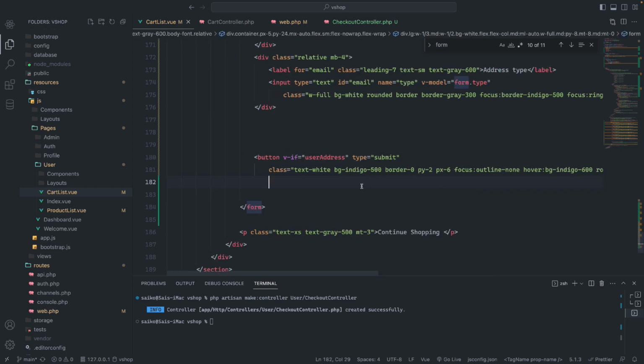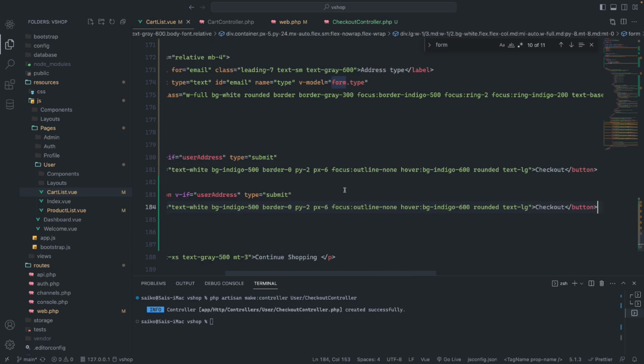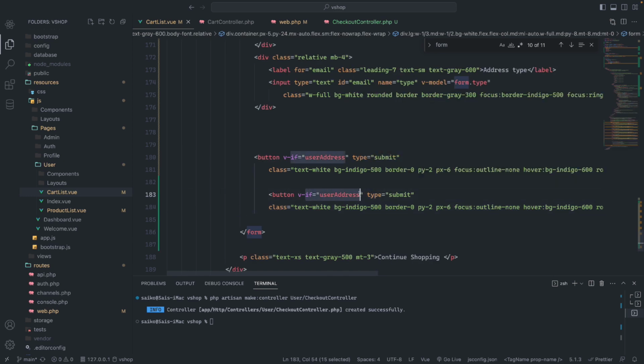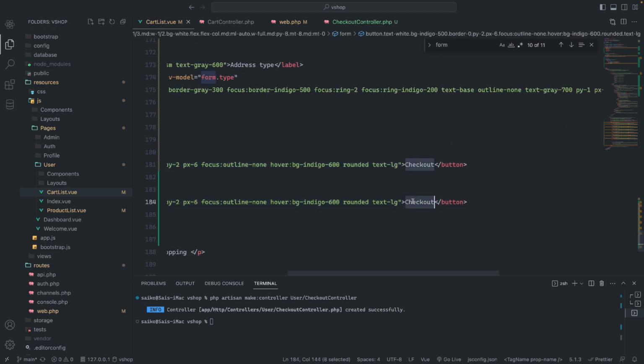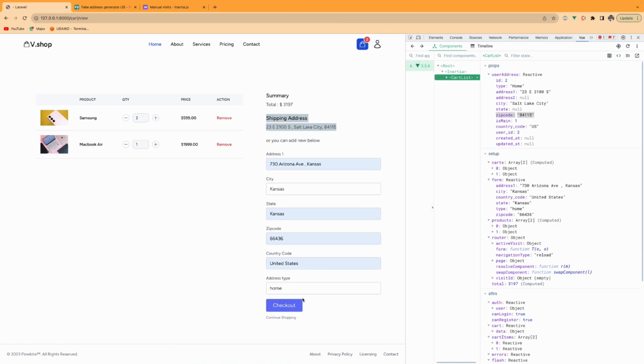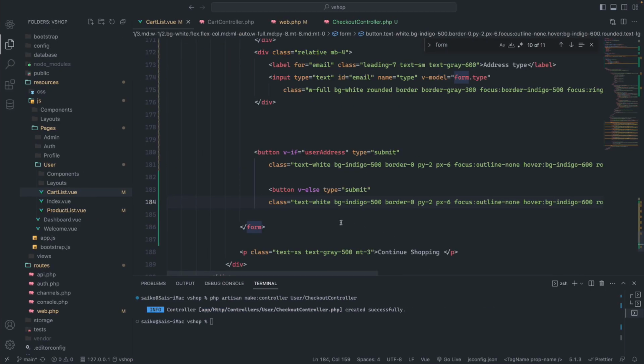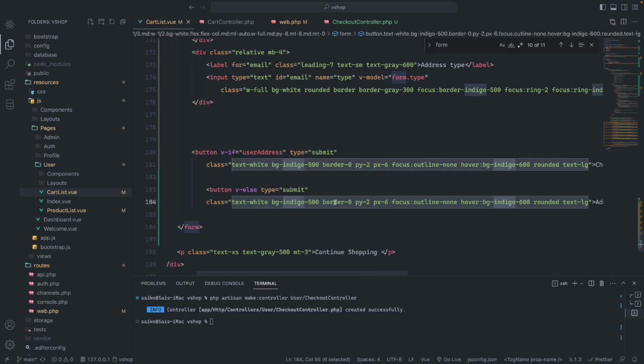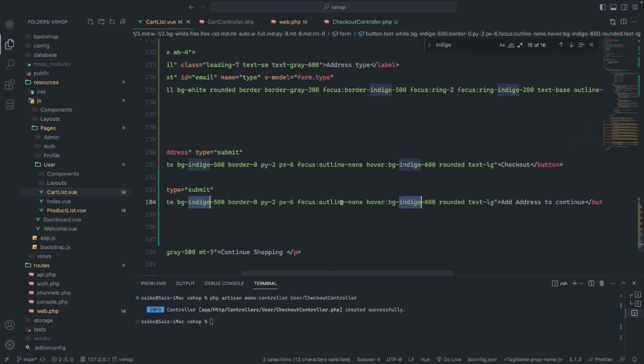We'll copy this button again and make another button, instead of v-if we'll say v-else. We'll say Add address to continue. So this will be changed. Instead of indigo, we'll say